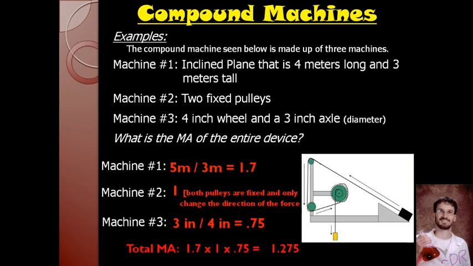Well, is that going to have an impact on the inclined plane? Nope, that's still going to be 1.7. It's not going to change these two things. That's still going to be 1. But instead of it being 3 divided by 4, it would be 4 divided by 3. That would make this 1.3, because it would be 4/3, 1.333. 1.7 times 1.3 times 1 would be roughly somewhere around 2 1/4. So,